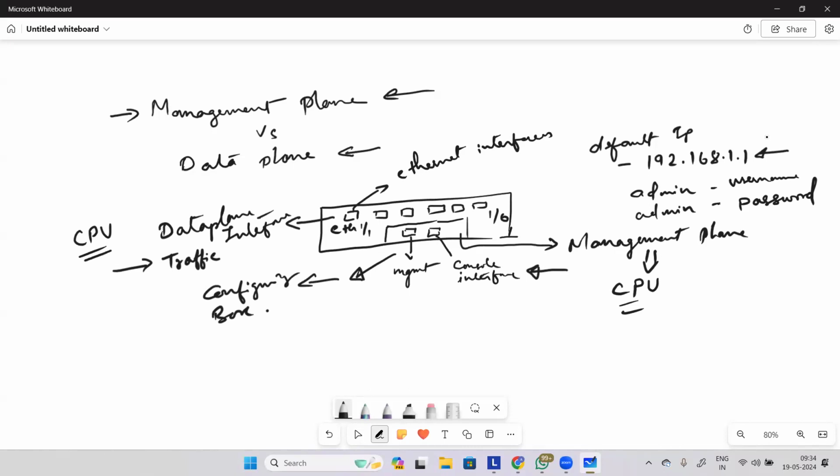Now you would say, why do we have this separation? This separation is so that, for example, if the firewall is facing a very heavy load of traffic going through your data plane,